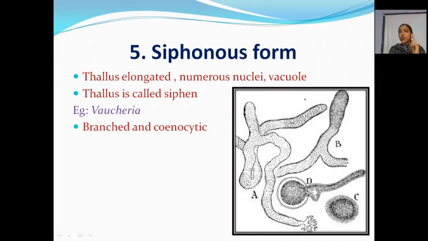So I already showed you Ulothrix. What you observed there, many small cells separated by cell walls. But here no separation. This is a long tube-like structure. This is known as siphon and having numerous nuclei arranged. That is why known as coenocytic. This is a common feature of the class Xanthophyceae. So an example is Vaucheria. I have drawn you the picture of Vaucheria. Clear? Many siphons, they are branched, coenocytic, large vacuoles and nuclei.